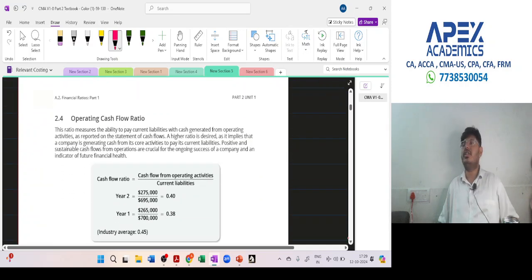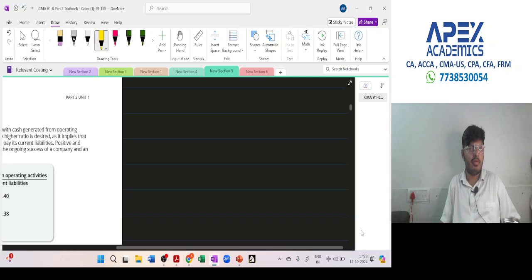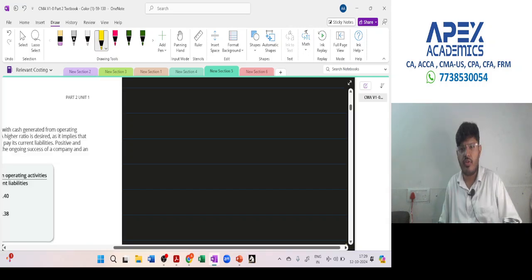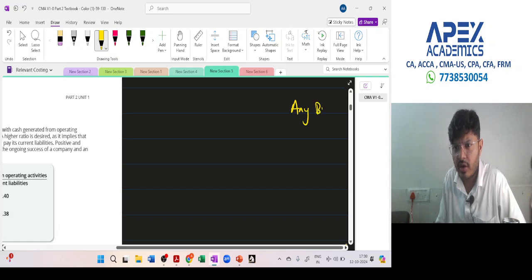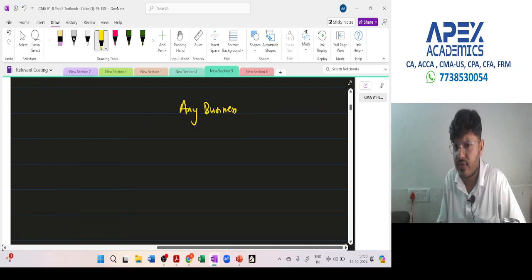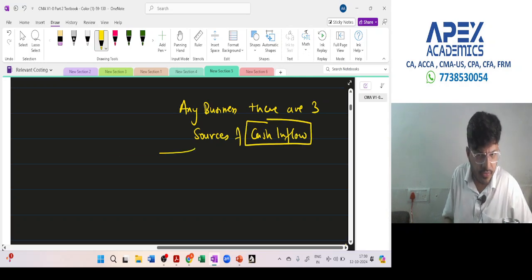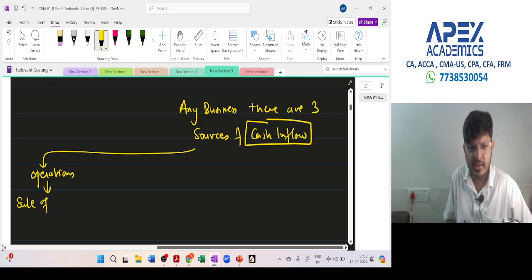Next ratio, very interesting ratio, operating cash flow ratio. Now, for all those of us who have done the cash flow statement, we know that for any business, there are three sources of cash inflow. The first source is operations. What is the first source? Operations. So this is as good as saying that this is sale of cars